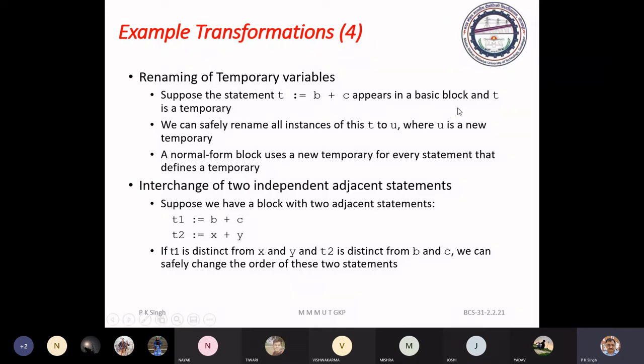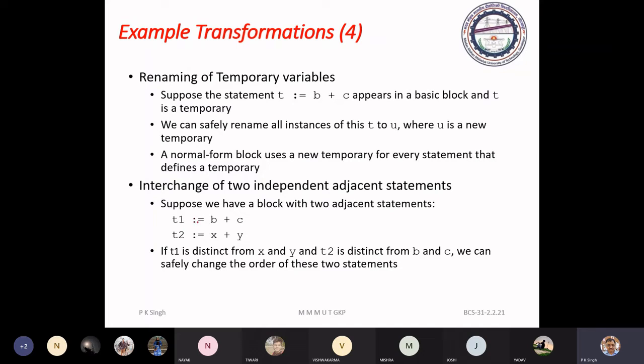Renaming of temporary variables and interchanging the statements. By renaming, we can improve the scope of the variable. Interchanging means, suppose you have these 2-3 address statements.